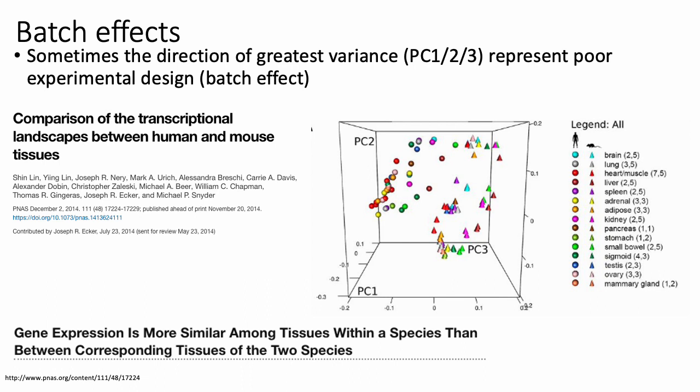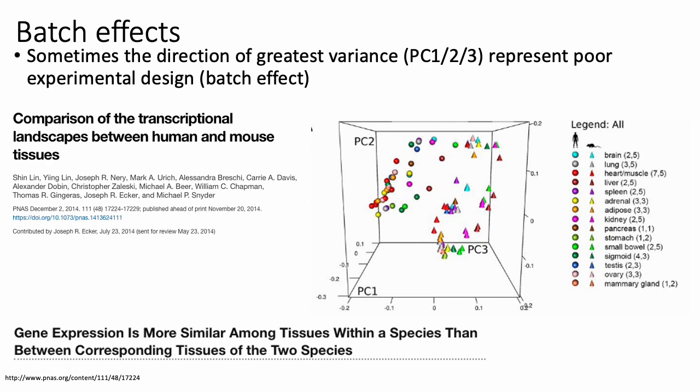A few days after this paper was formally published, people started digging around the data a little bit more, and they figured out that a large part of the reason for this visualization, the reason why human tissues cluster together and mouse tissues cluster together, is that most of the human tissues were sequenced in one lab, and most of the mouse tissues were sequenced in another lab. In some sense, the lab batch effect is almost completely confounded with the species effect that they were interested in. And so once you correct, for example,